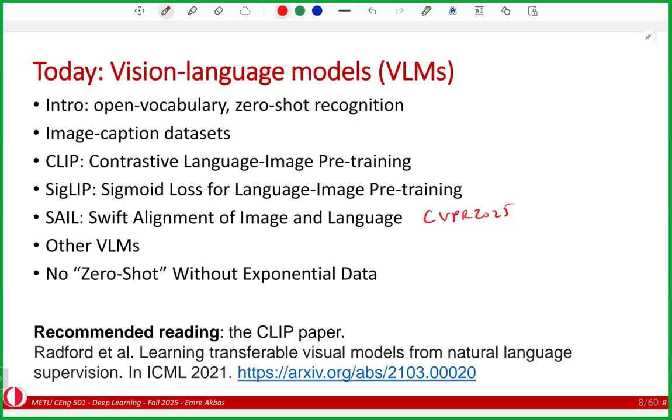So it's a very recent vision language model. It's a good showcase of where VLM research has come to. We will briefly talk about other VLMs, and then I will close with a very nice paper, which is NeurIPS 2024. It's also very recent, which says that,